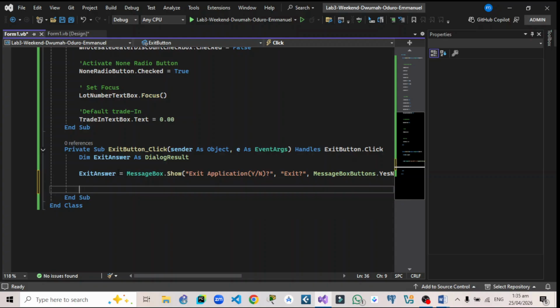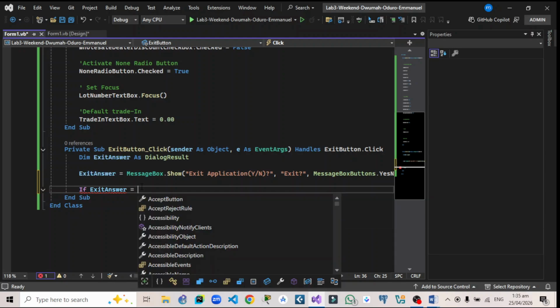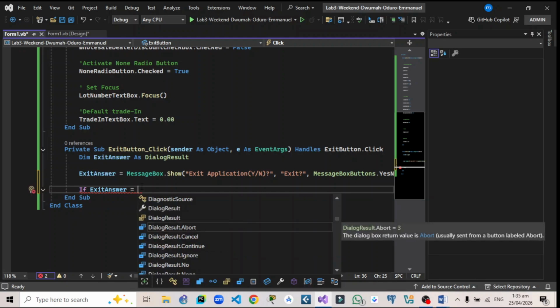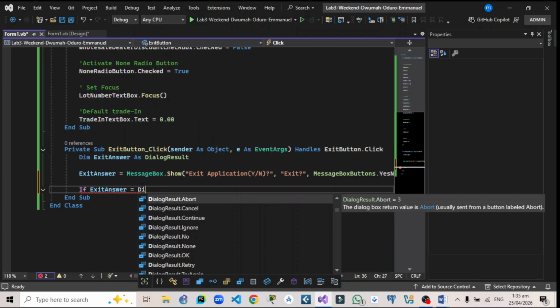So if the answer stored in this variable is yes, then the form should close. So if the exit answer is equal to the dialog result,